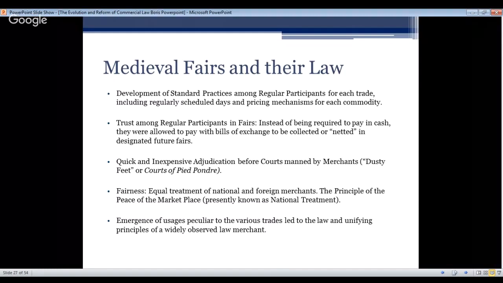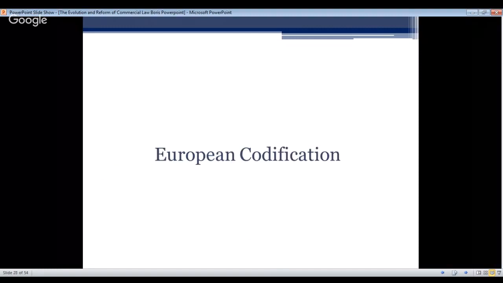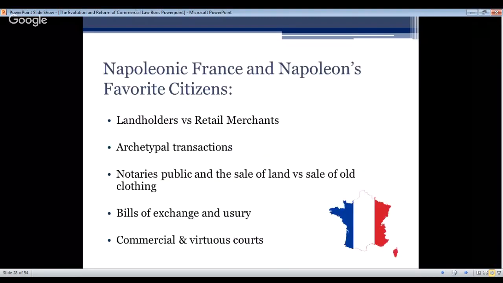The medieval fairs were characterized by the development of standard practices among regular participants, usually for different trades. And the degree of detail of this practice could be seen in the fact that certain goods would be sold only on certain days, and the pricing mechanisms were already established, some by weight, others by measure. Then there was a practice of payment that was common to the regular participants in that trade, and that was that many times those payments would be paid not at that particular fair, but months later at another fair,